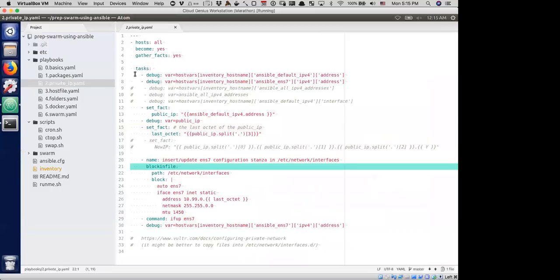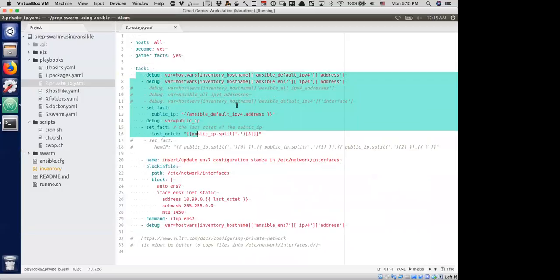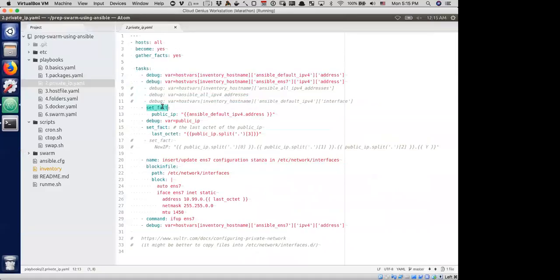Everything else before is, half of that is debugging, and the other half is setting some fact. This fact setting is like the gather facts action to get the default IP address. We are basically trying to calculate the last octet. What do we assign as the last octet in that subnet? And for that, I need to gather the last octet from a set fact from the public IP split action,